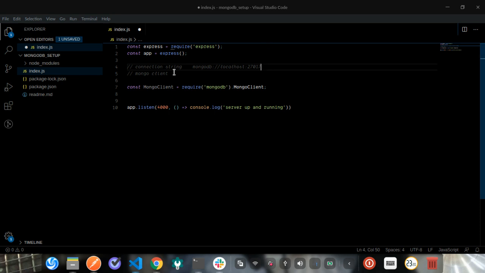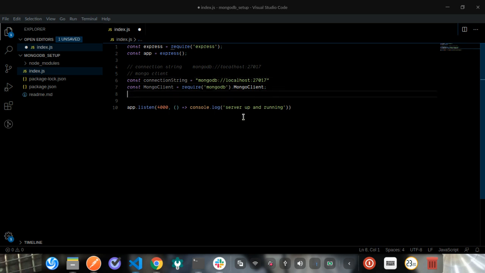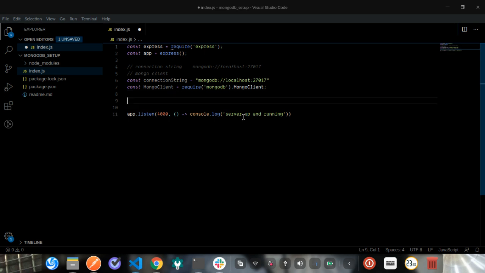And so I'm just going to declare a variable here: const connectionString equals mongodb://localhost:27017. Now, this is virtually what I need to connect to my database. All right, so to connect to my database,